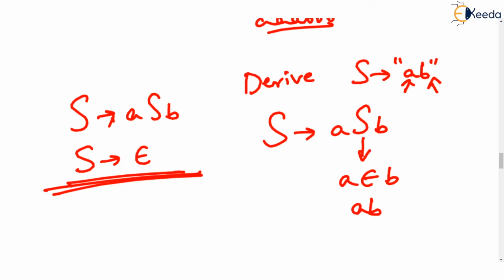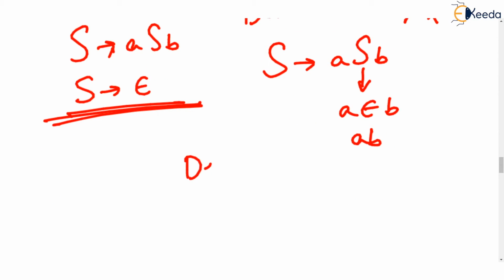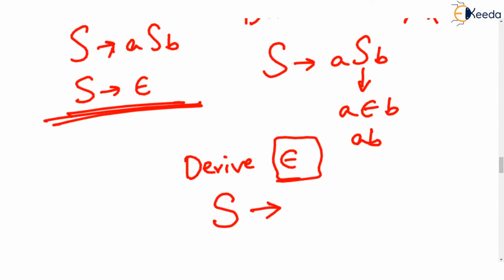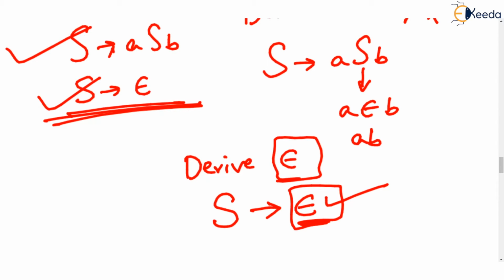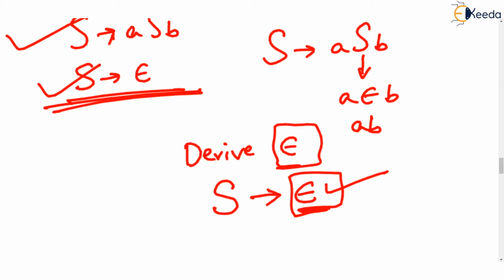So how will you derive a string epsilon? Can this be derived? Yes, of course, because derivation always starts from the start symbol S, and you have two options for the start symbol. You can directly derive epsilon from the start symbol, and epsilon itself is a string which doesn't derive anything. So epsilon can be derived from this grammar. By the way, which type of strings can be derived? I hope you have now got enough of a point about it. The smallest string that can be derived is epsilon, then AB.